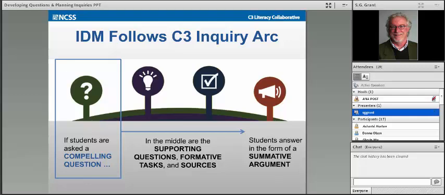Otherwise, you can get focused on a great question and then realize that there's really not enough information perhaps to support it. And the place that you end up having students in terms of writing their summative argument, again, may not be where you really want to spend their time.